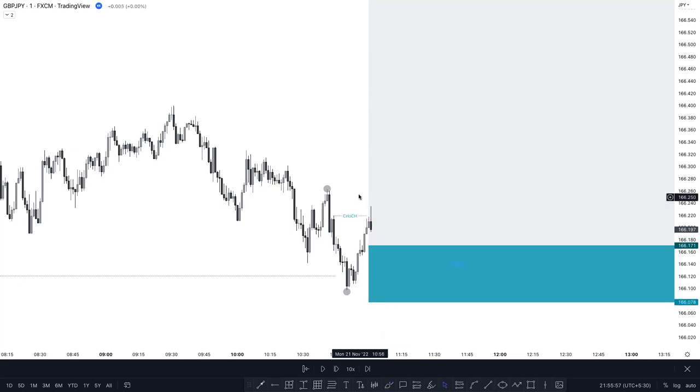In this case, you can buy on the extreme order block here, because it is the last selling candle before this buy. So you can buy here,